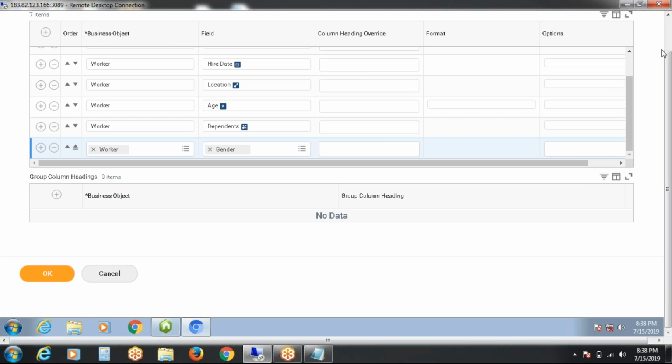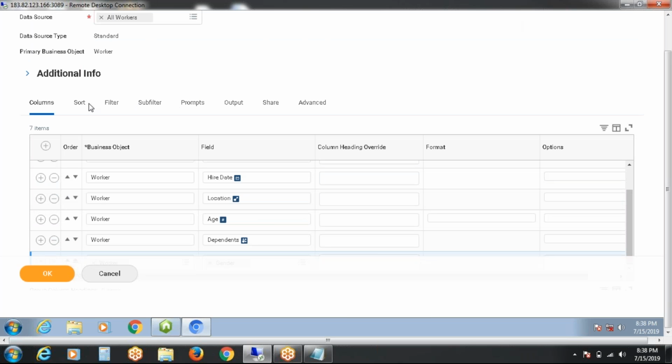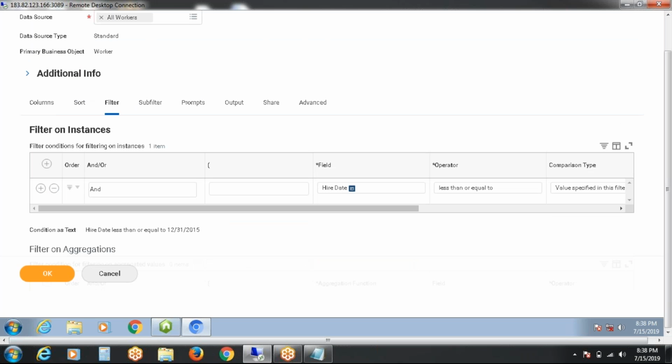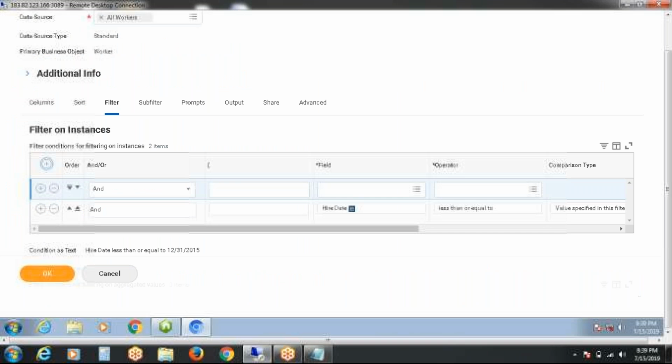Now, we have added the gender, right? Anyways, we do know about sort, and in the filter I would like to remove the empty blanks. Where would I like to remove the empty blanks? In the gender, age, location. So remove age, not required. Any one is enough: gender, age and location.